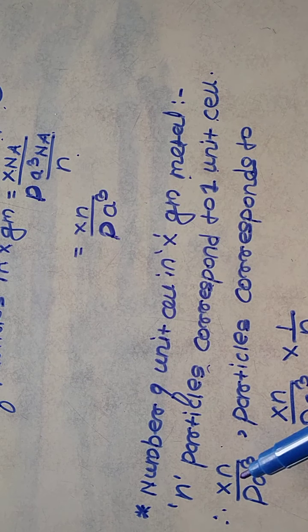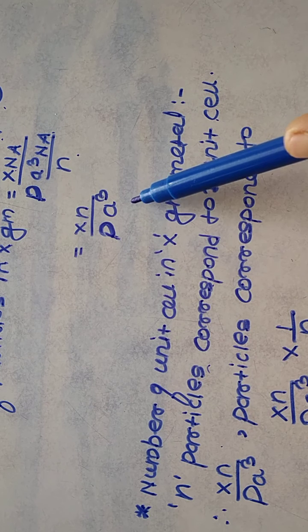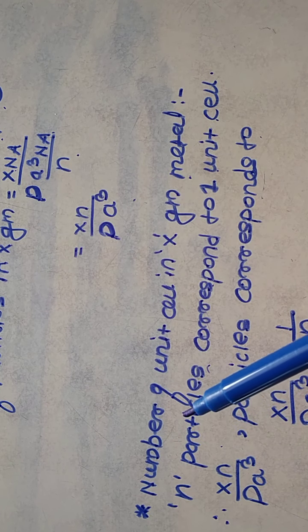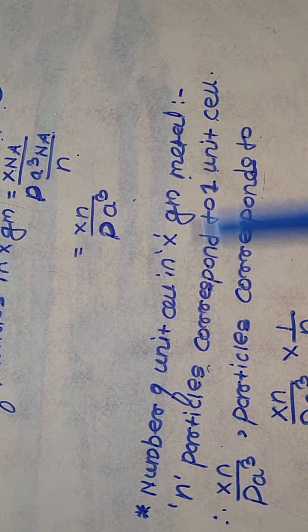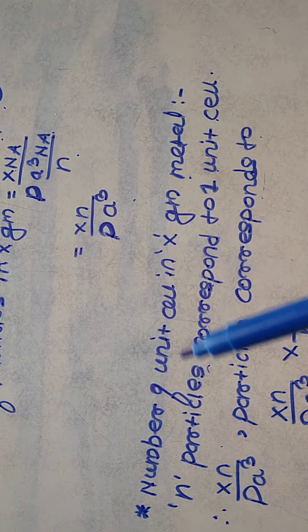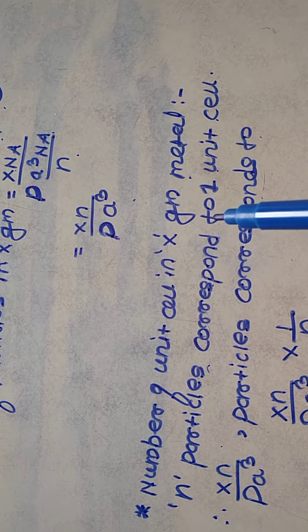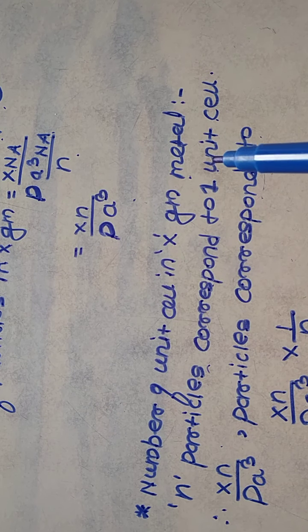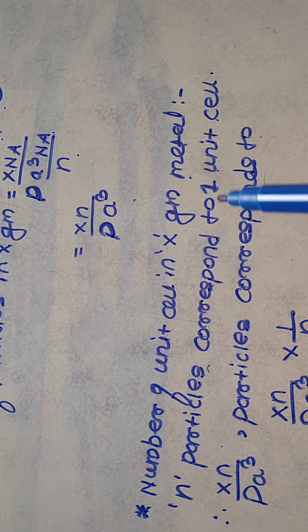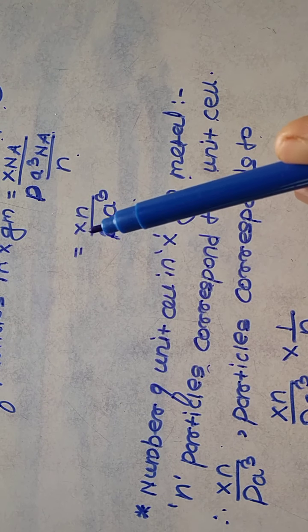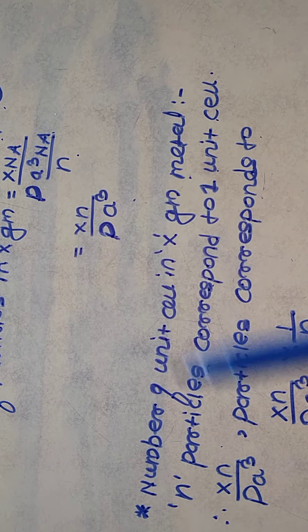So from this equation, x n upon rho a cube particles correspond to how many unit cells? If n particles correspond to 1 unit cell, then this number of particles, x n upon rho a cube, correspond to